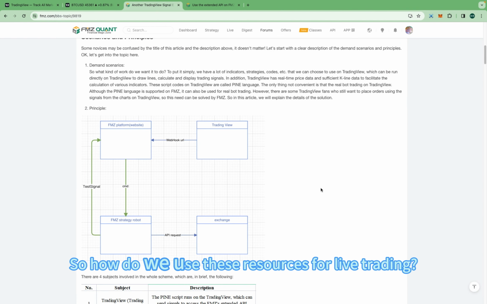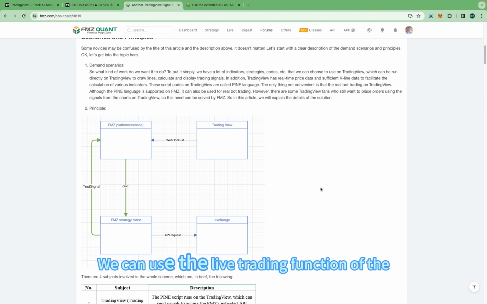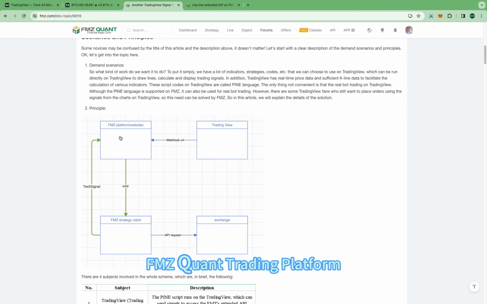So how do we use these resources for live trading? We can use the live trading function of the FMZ Quant trading platform to conduct live trading. Although the FMZ Quant trading platform can run the Pine language script of TradingView directly, some traders may have more data based on